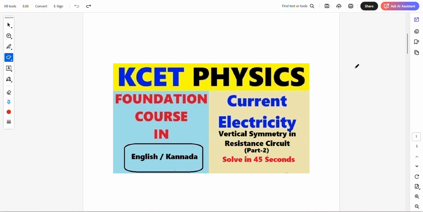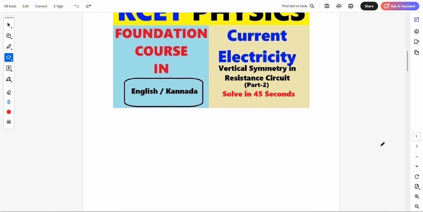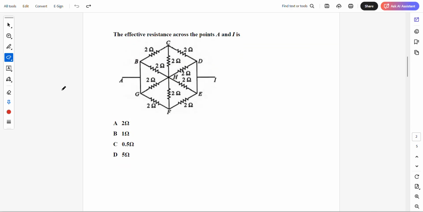Today we will look at problems on vertical symmetry in resistance circuits in the current electricity chapter. This is part 2. Let us see the very first problem. They ask for the effective resistance across the points A and I. This is high potential. This is at low potential. Right. We have to draw one